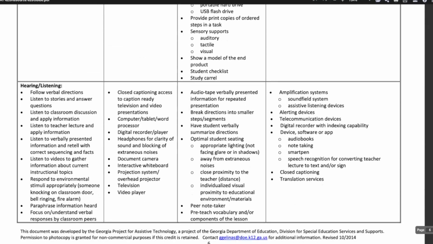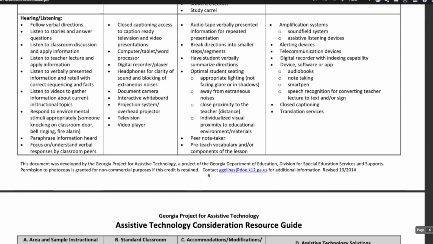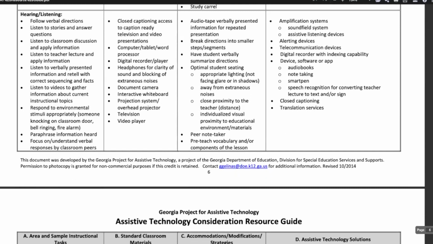So study and organizational, hearing and listening. Lots of different tools here. Sometimes, like we talked about, there are tools that students may own personally, or we have bought headphones for some students. We have not bought earplugs for students. That's a personal device that would need to be personally bought. But